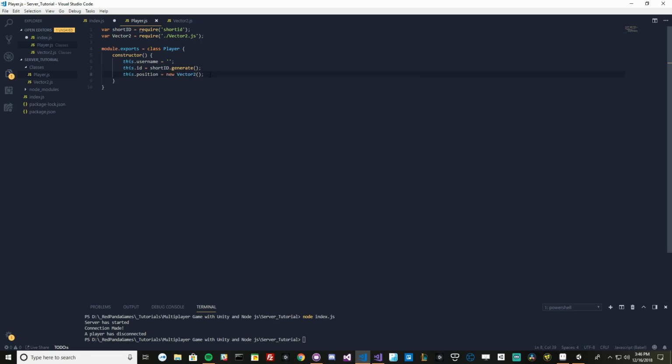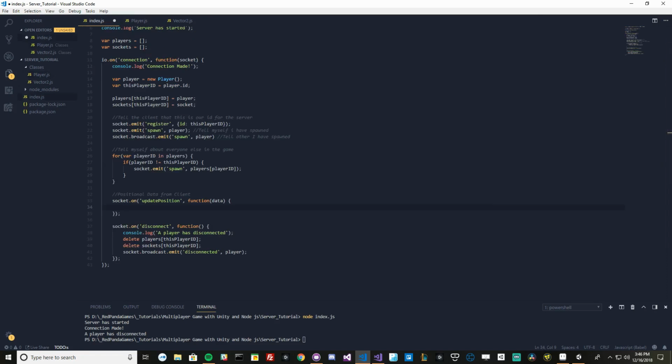Cool. So now this position right off the bat will be at 0, 0. Don't worry about it for now. If you do need to instantiate a spawn point or something, that's fine. You can always set it to that spawn point. But for data right off the bat, you do want to clear it to 0, 0, which is really handy. Okay. So now that we have that information where the player can hold a position, the vector2 can hold